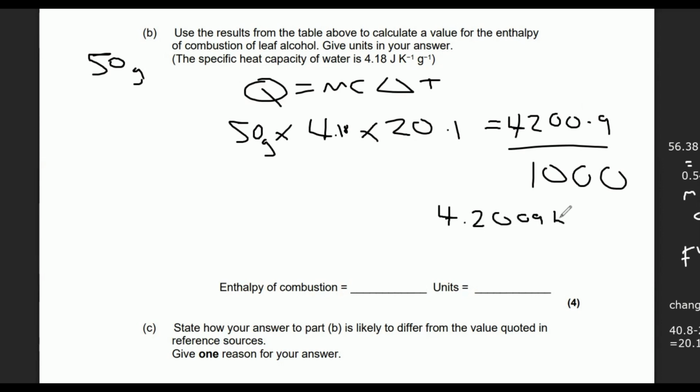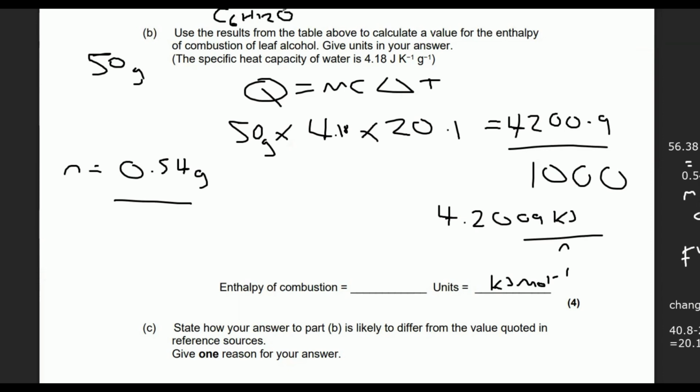Now I need to divide by moles because we want our answer in kJ mol^-1, don't we, folks? That's what we do enthalpy changes in. So let's work out the moles. The moles are 0.54 grams over the mass of the fuel. What was the mass of the fuel? What was the formula? We wrote it up there in that equation. I don't want to move my screen. I think it was